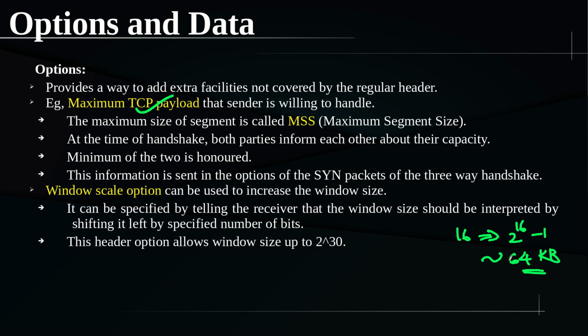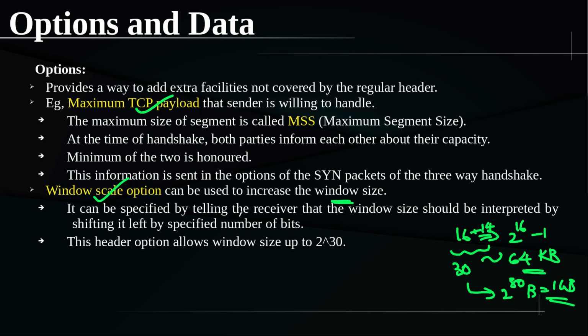Initially people thought that 16 bits was enough, but later on, as RAM and memory were getting cheaper, this became a very small value. So what we will do is extend these 16 bits by adding 14 more bits. So in total it will be 16 plus 14, which is 30. Using 30 bits you can have up to 2 power 30 bytes, that is around 1 gigabyte of buffer. If the actual buffer size is greater than 64 kilobytes, going up to this 1 GB, this window scale field will be applicable, and at that time these extra 14 bits will be kept in the option field as the window scale option. So this is to increase the window size.